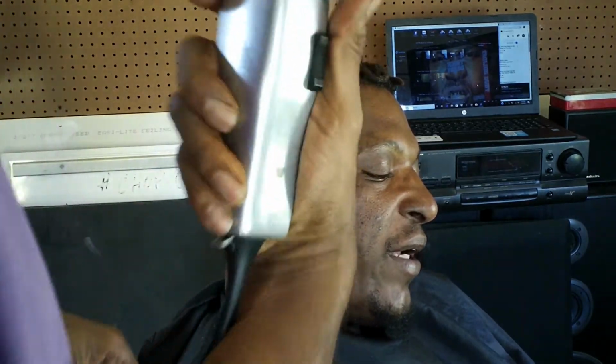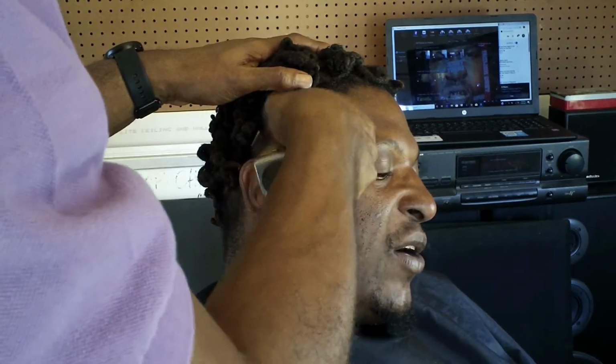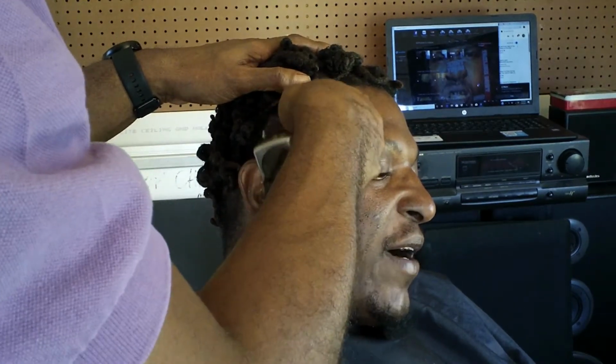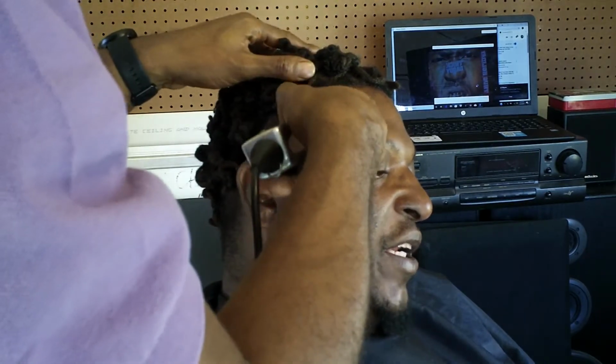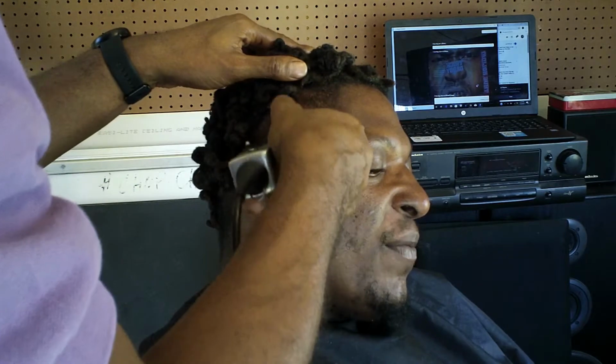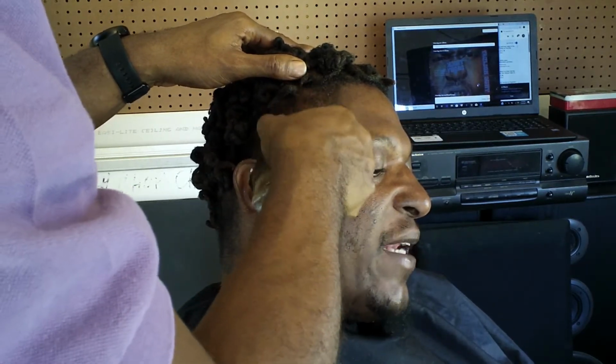Now right now I'm closing my blades. I'm going in with a flick motion. I'm not using my whole blade, but I'm using the very tip of my blade to just chip away that line. Now I'm going halfway up just a little bit, and I'm moving my lever halfway up. And a lot of barbers like to say their guidelines are an inch. I use a half inch. All right, right now